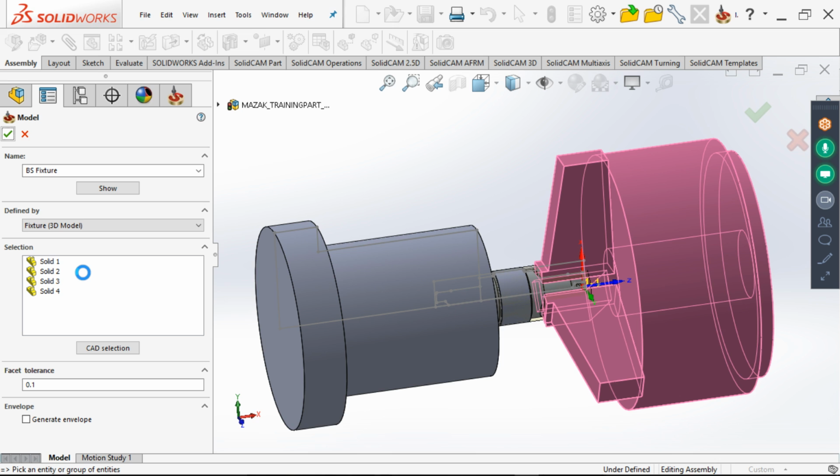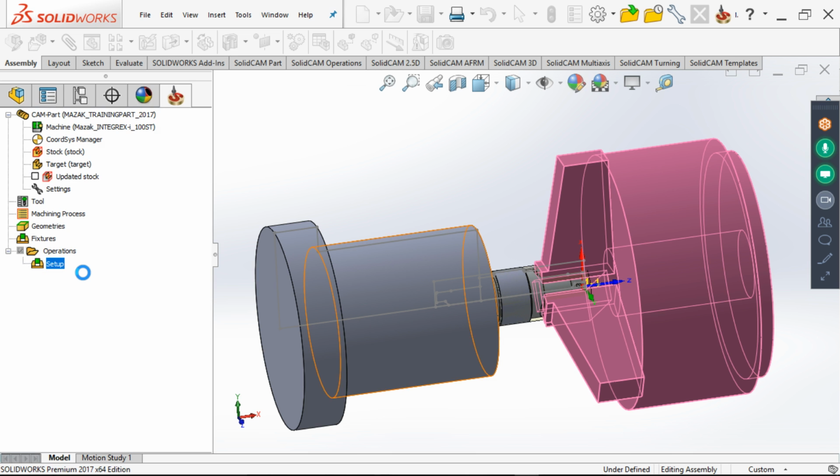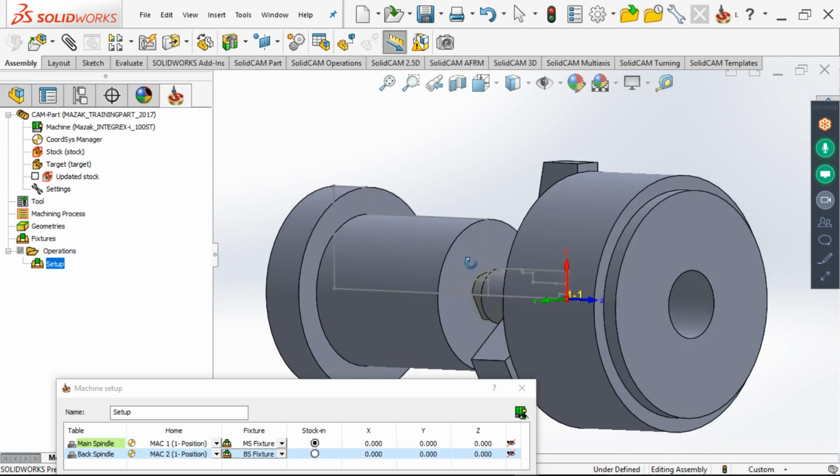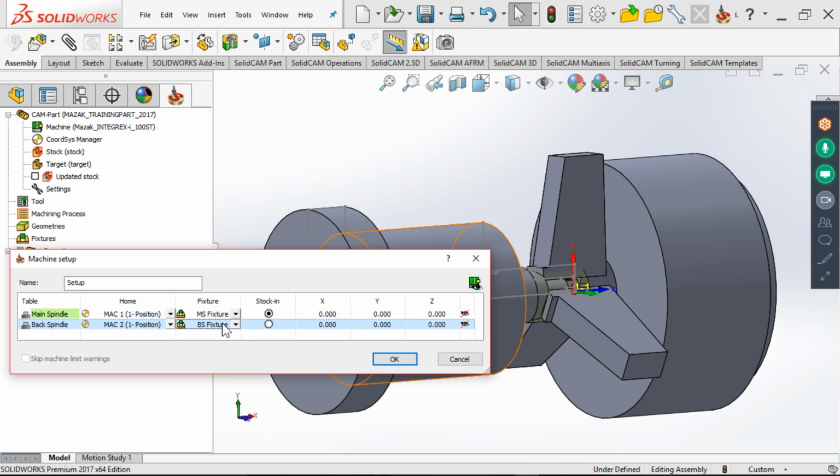Now, if you forget to click on generate envelope here, you have a very nice option that I want to show you. As you can see, I don't have the geometry now, but what you can do is right click, and here you have generate fixture envelope. So you can click it and it will generate the envelope very fast. Okay,